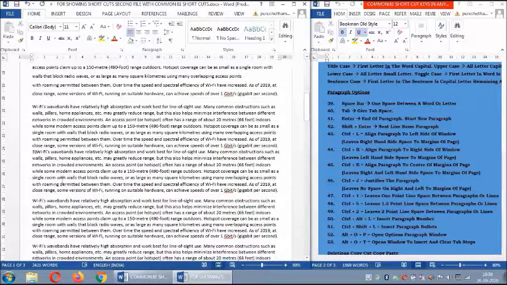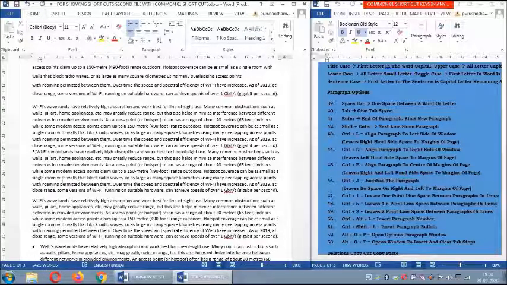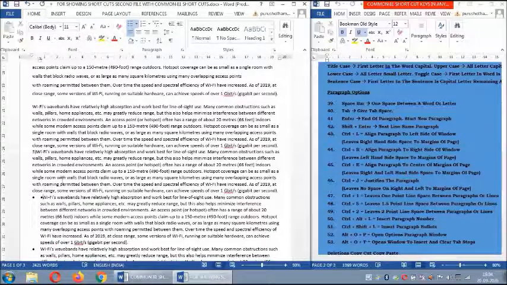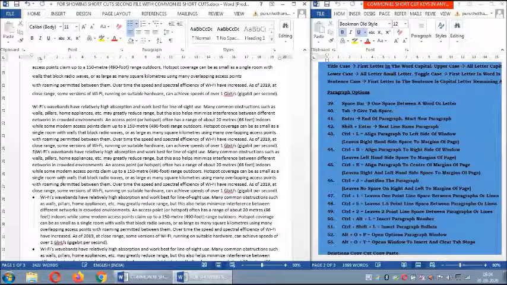Now I use Control Shift L. Now what do I get? Bullets and numbering. Again I use Control Shift L. Okay, I say Alt Control L, and it is repeating the bullets because the bullets have been started. So we have to be careful when using Alt Control L and Control Shift L.